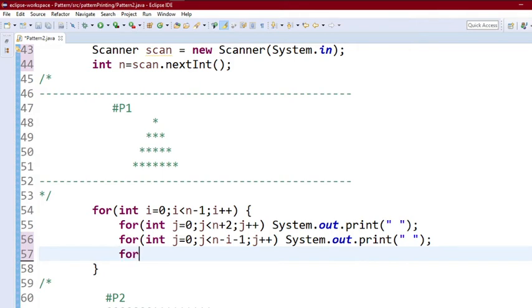So j is equal to 0, and this will be less than 2i plus 1, j plus plus.